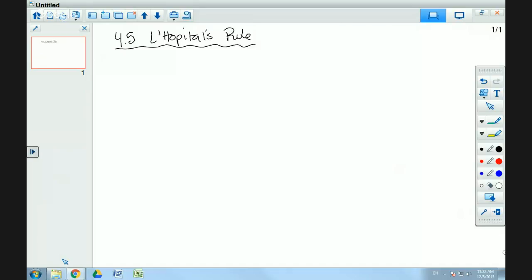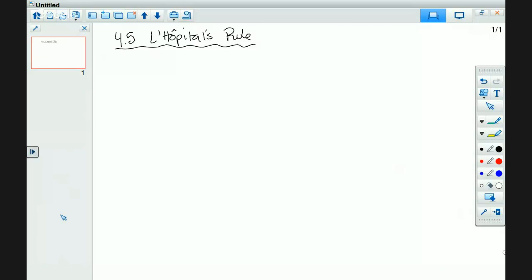Talking about L'Hopital's rule. And if you're correct in the original, there's even a little hat on it. Okay. All right. So this deals with limits. So this is another way